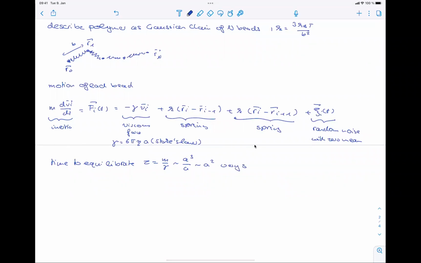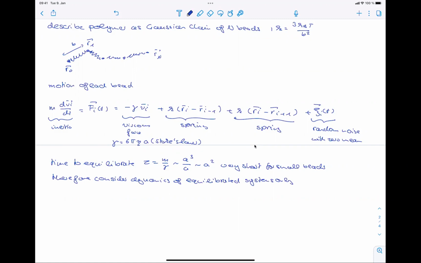So this is very short for small beads. And therefore, I can consider the dynamics of these beads to be in an equilibrated state, and neglect the inertia term. Consider only